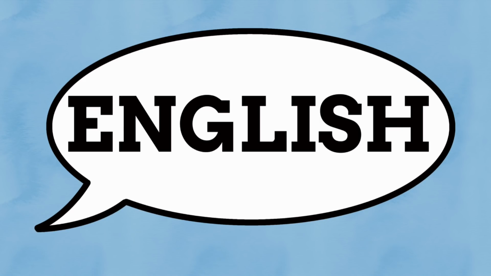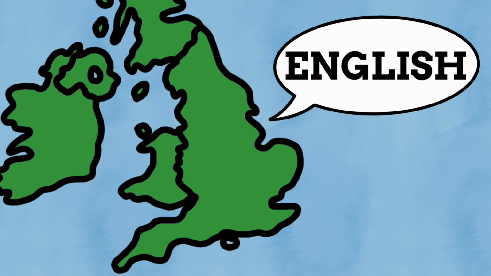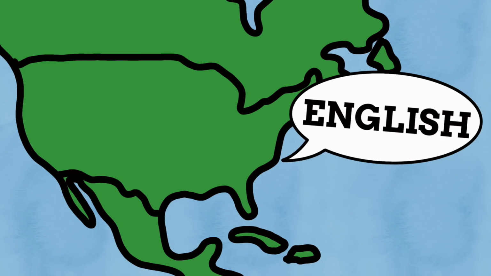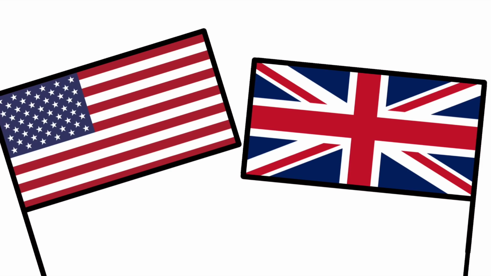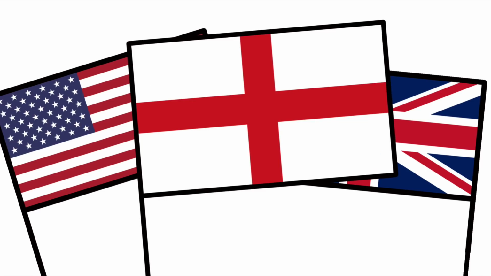English. This once again boils down to where the language originated from and where it is most widely spoken. Of course, English is from England, part of the United Kingdom, though where it is most widely spoken is in the United States of America. However, this is more than just a two-horse race in regards to flags to represent English, as while the UK has its own flag, the Union Jack, England within the UK has its own flag too, the red cross on